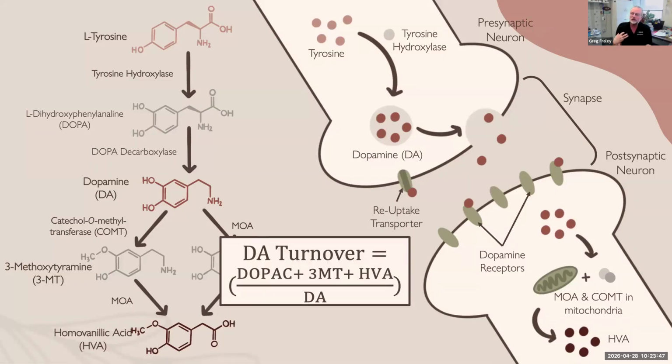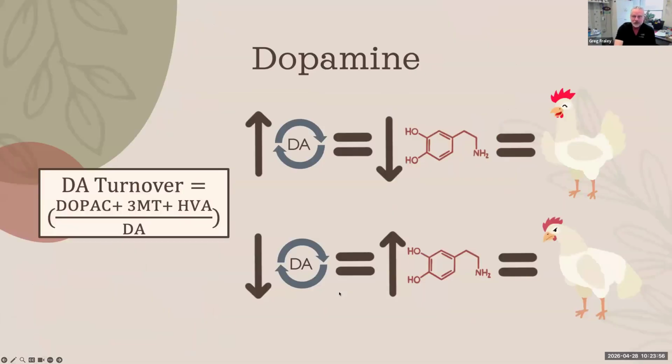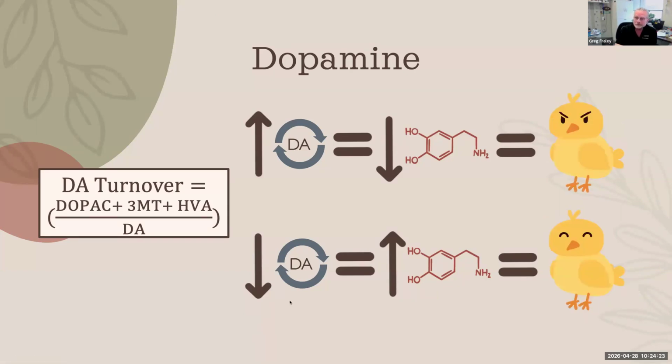And again, we can look at dopamine. We can get an indicator of dopamine activity by taking a ratio of the metabolites to dopamine itself. And essentially, dopamine, again, remember, is associated with aggressive behaviors as well. So in animals, an increase in turnover means it's being metabolized more, so there's a decrease in dopamine activity. That can be related to a more positive affective state, and the opposite with a decrease in turnover. And again, with very young animals, the situation can be reversed.